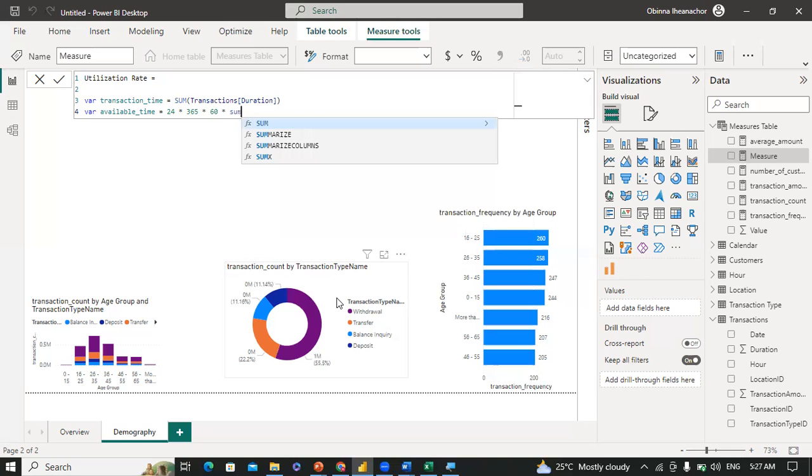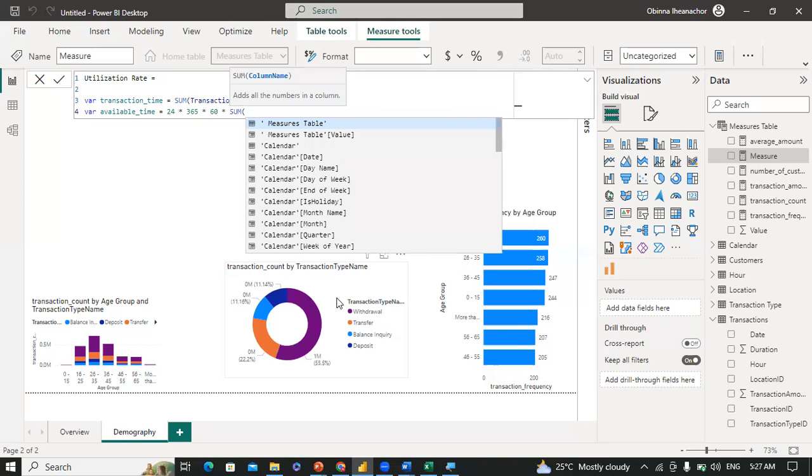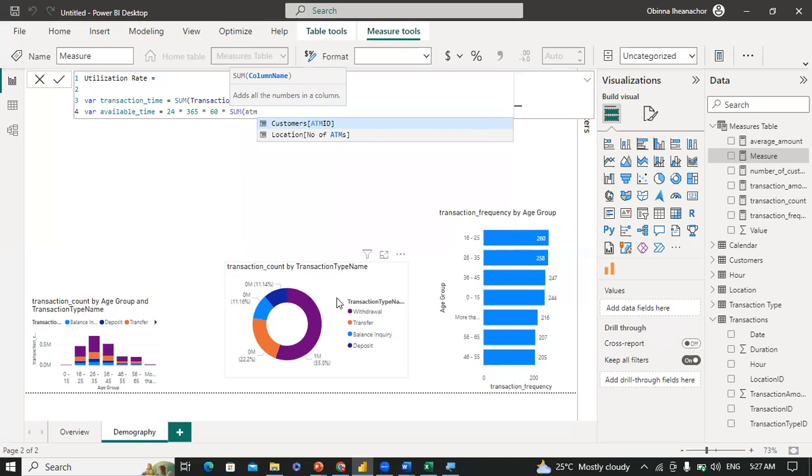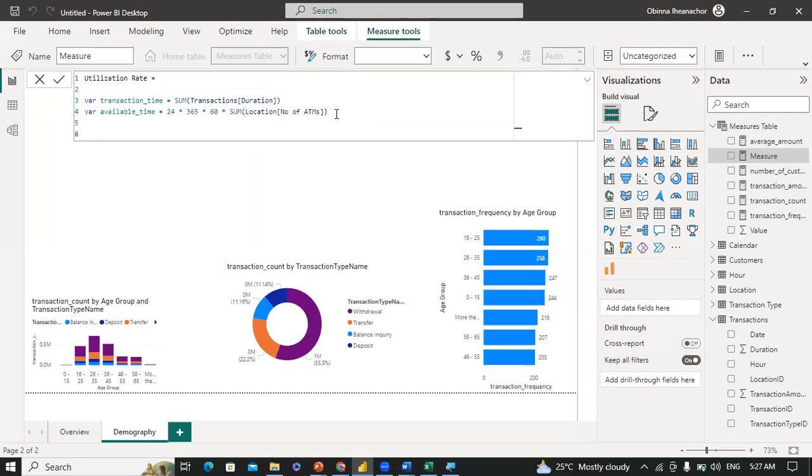Okay, sum of ATM. Yeah, number of ATMs. So you're saying for each ATM, right? Multiply the number of minutes in an hour, hours in a day, and days in a year. It will give us the total available time for each ATM. So once we have the transaction time and available time,